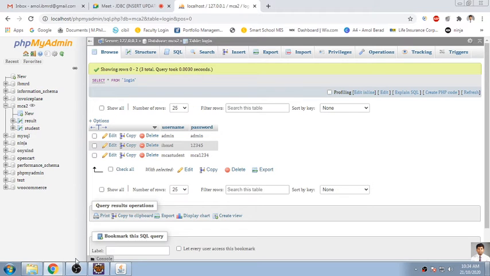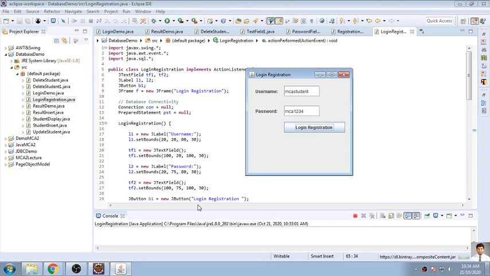Does anyone have any question? Now you can see this MCA student and MCA1234 is the password. Is it visible to everybody now? Yes, sir.